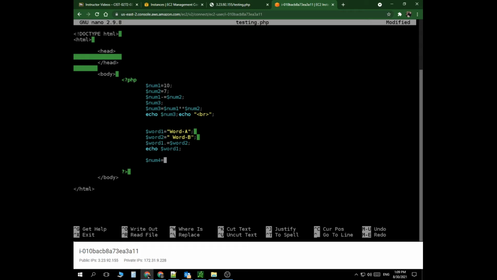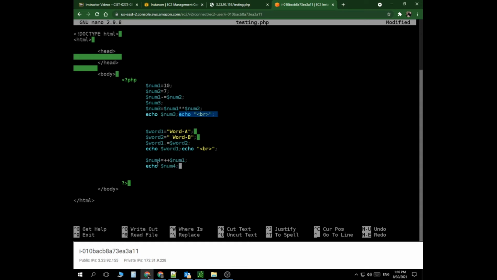Now remember here, whatever you're going to apply for the plus plus is going to be very similar to the minus minus. But let me just put it this way. If I put plus plus $num1, this is supposed to be $. And let me just come here and add this echo, add this and here. So I can break line, go to the next line, put semicolon here. Now if I come to this end here and just type echo $num4,